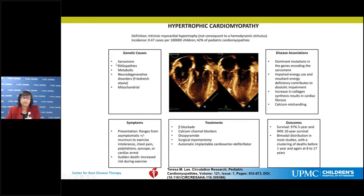Rasopathy is something called, which causes, the common term would be Noonan syndrome. Very common cause, especially if you come with HCM as an infant. And then we have mitochondrial diseases and Friedreich's ataxia, in addition to the sarcomeric genetic mutation. These are usually autosomal dominant mutations, and there could be different underlying cellular defects which result in this picture of